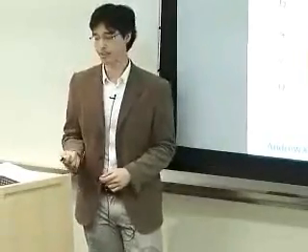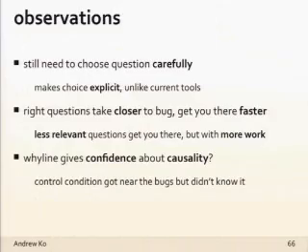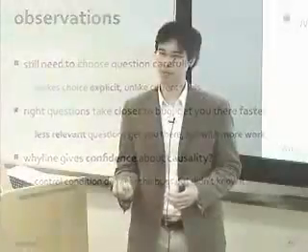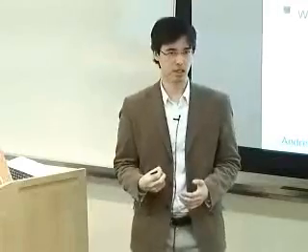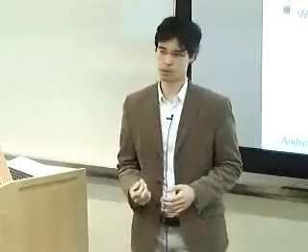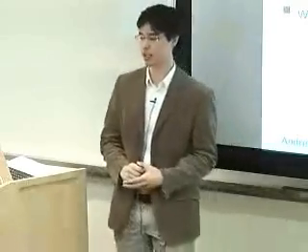A few observations about these 2 tasks and what it says about the tool. People still needed to choose their questions carefully. They needed to deliberate about exactly which question they wanted to ask. The important thing here about the whyline is that it made this choice of question explicit. And so I heard people thinking aloud and saying things like, what data do I really want to know about here? I didn't hear this deliberation in the control group participants. They sort of just implicitly chose where they wanted to go with the task and went forward.